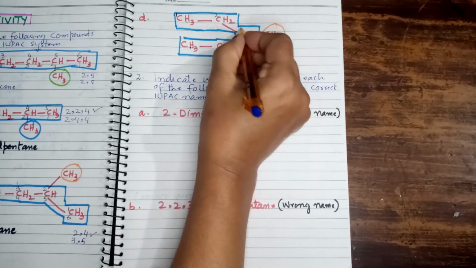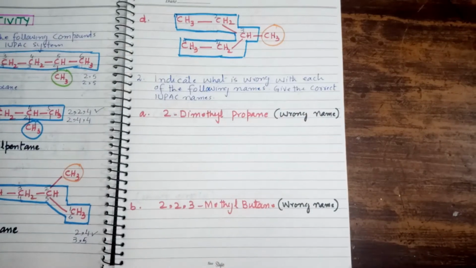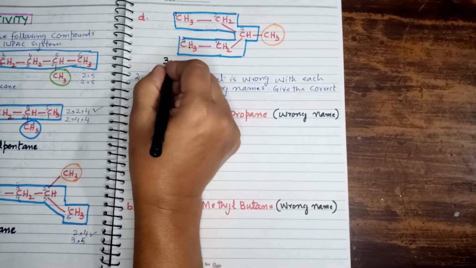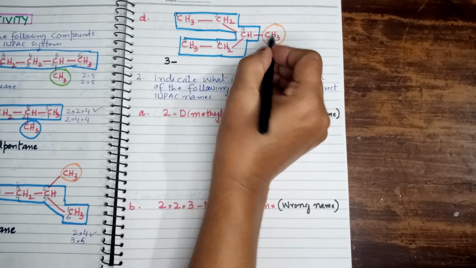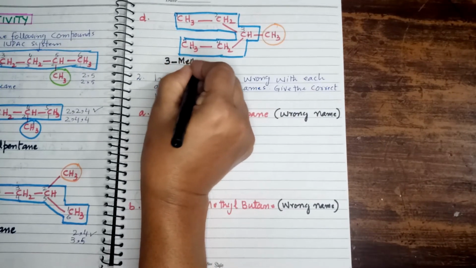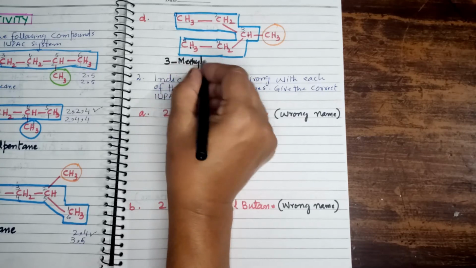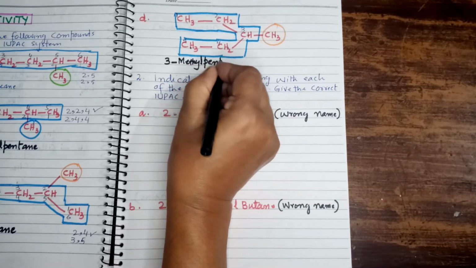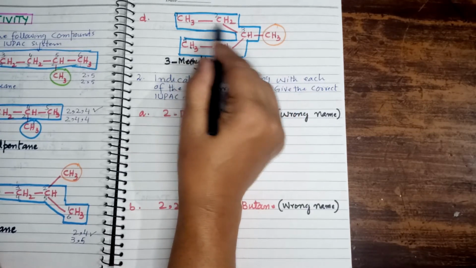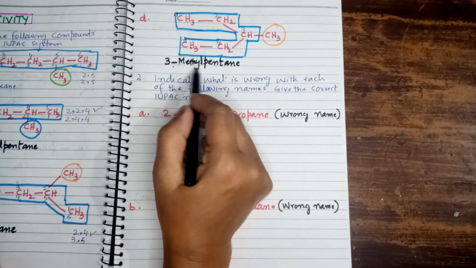1, 2, 3, 4, 5, right? Now assign the IUPAC name to this molecule. At the third carbon, we write the position 3, hyphen. Which radical is there? The radical which consists of a single carbon? Yes, methyl. 3-methyl. And how many carbon atoms are there in the parent chain? 5. Since there are 5 carbon atoms, the name starts with pent, and ane is used as suffix, since all the carbon atoms are connected with single covalent bonds, right? So the IUPAC name of this molecule is 3-methyl heptane.